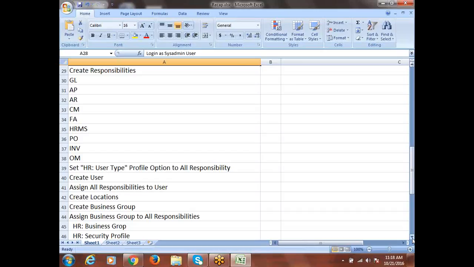After creating the responsibilities, here I followed some sequence, but see the way I'll be telling. We'll create the responsibilities, then we'll create the user and assign all the responsibilities to the user. Then we'll set up the HR user type profile option for all the responsibilities, and we'll create the locations. What are the locations required for operating units and the business groups and everything? We'll create the locations. After creating the locations, we'll create the business group, and the business group we will assign